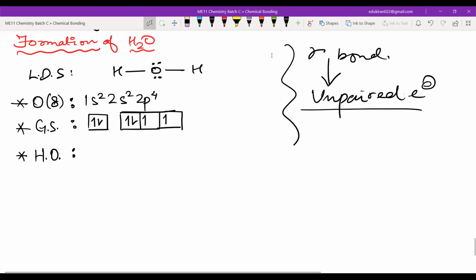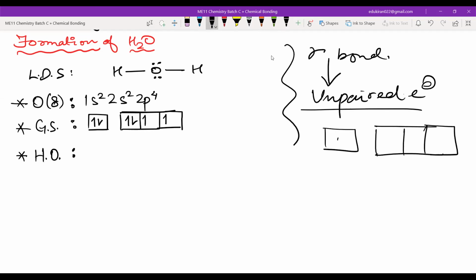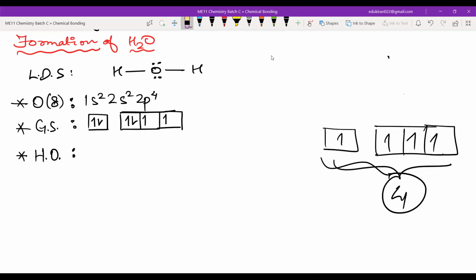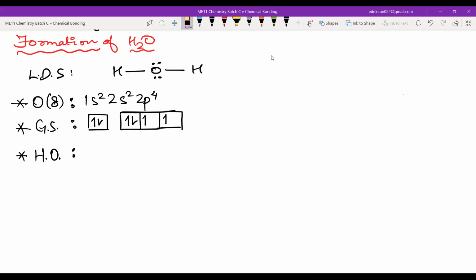Now, if I look at CH4, CH4 was like this. CH4 needs 4 unpaired electrons, but it has only 2 unpaired electrons. That is why I promoted this electron and got it here. From paired, I made it unpaired, and now there are how many unpaired electrons? 4. Right? This is the relationship between the bonds and the unpaired electrons. So, you will always make the number of sigma bonds, or rather the number of bonds, and the number of unpaired electrons equal.